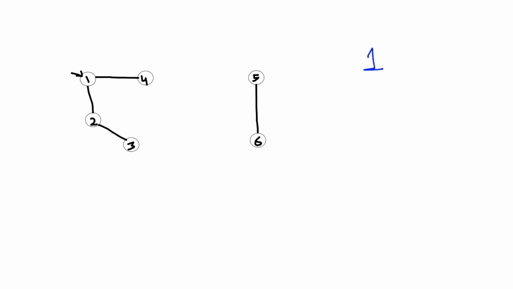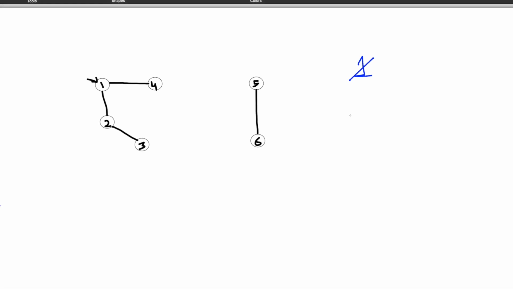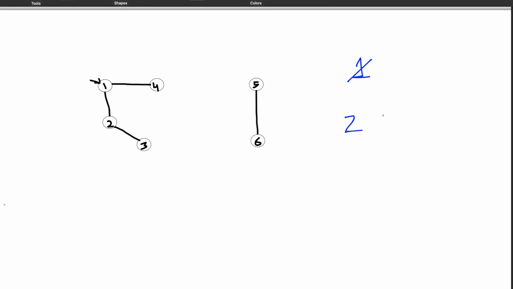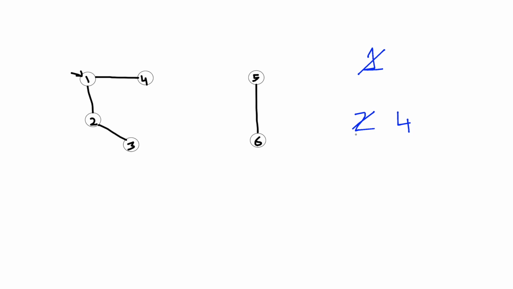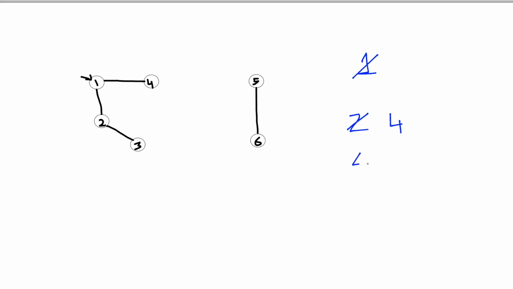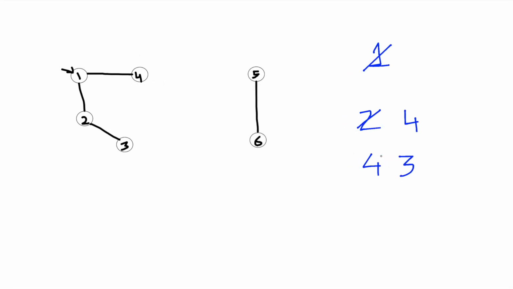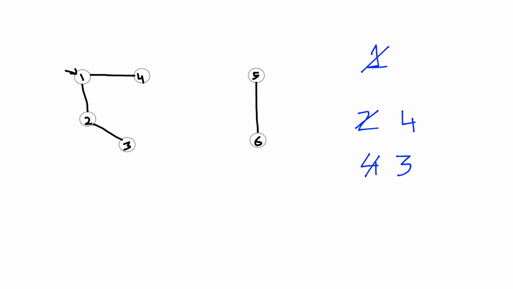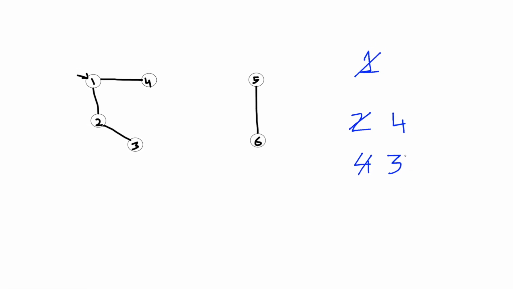We start with the vertex 1 and we pass it to the BFS util function and put it in the queue. As we enter the while loop, we pop off this element from the queue and then insert 2 and 4 into the queue, which are its neighbors. In the next iteration we pop 2 from the queue, and then we add 3, which is the neighbor of 2, into the queue. In the next iteration we pop off 4 since it has no children, and 3 becomes the front element of the queue, and we pop off 3.